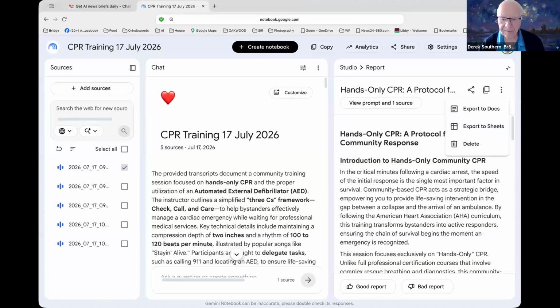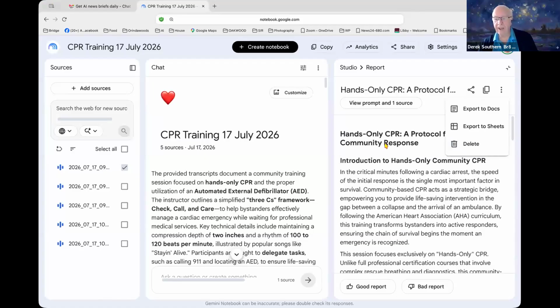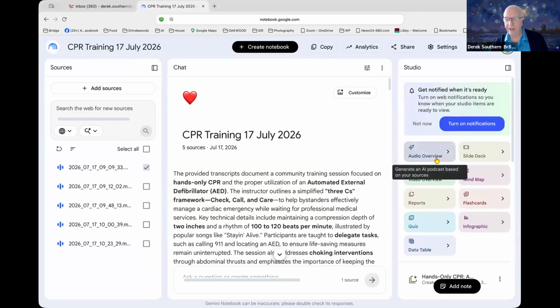Yeah, exactly. And if I go back to, which one was I showing you? Was it this one? Sorry, wrong one. If I go back and find the, yes, this one here. This is the report I've just created, so that's why it says studio and report. This is what they call breadcrumbs, I think. If I go back to studio, I've got some choices. And if I go to reports,